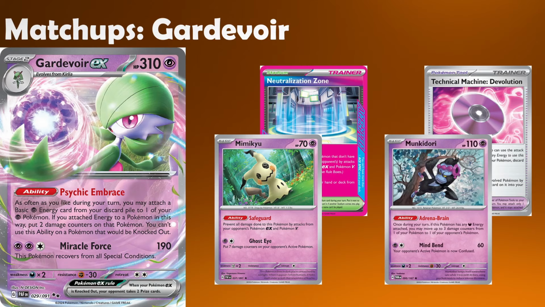Next up, we have the Gardevoir matchup. It's actually entirely different in that we are likely going to be the aggressor on this occasion. We often don't have to worry about Manaphy, but have a relative awareness of Screamtail getting into the mix at times. The main headaches come in the form of annoying walling options like Mimikyu, as well as the neutralization zone